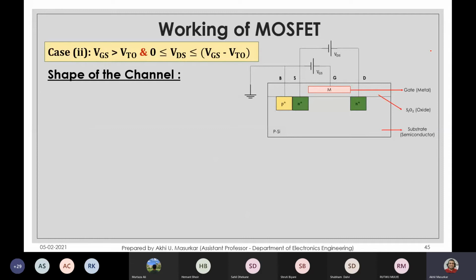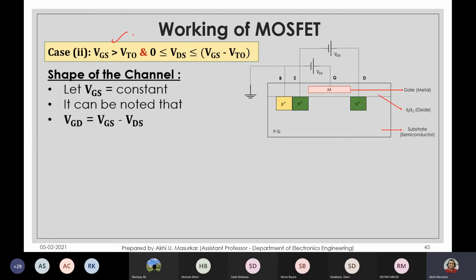So the shape of the channel. Coming to the first doubt, why the shape of the channel is like this. Now let us say that our VGS is constant. That means the voltage on the gate side is constant. So we are not touching VGS as such. We are keeping VGS greater than VTO, and then leaving it. Now